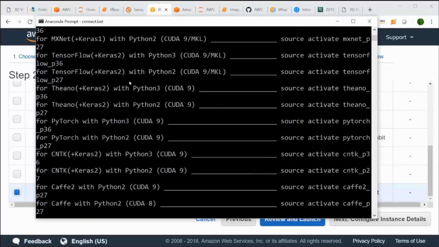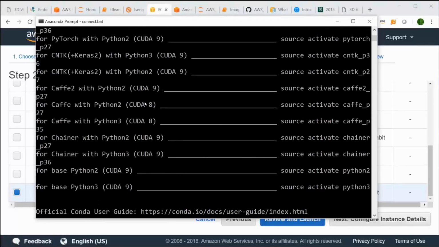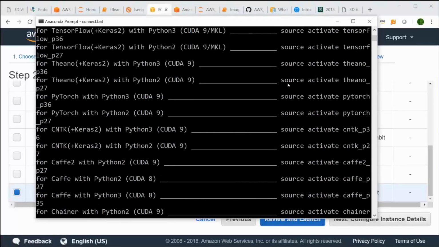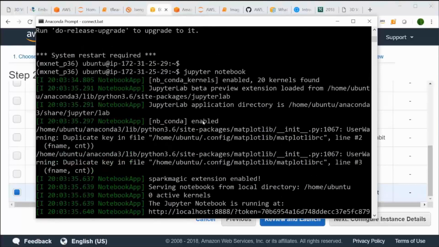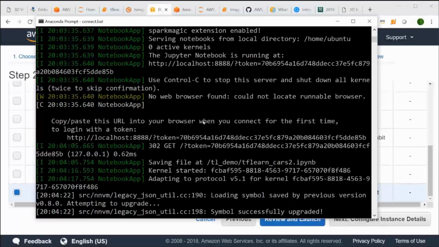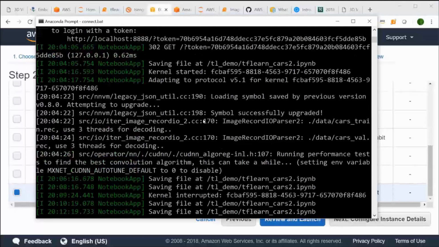All of these environments are already built for you. You can pick any of them by simply using source activate. This is no different than Anaconda that you would normally use, except we have a lot of drivers that are optimized for these instances, especially in the distributed computing setting.